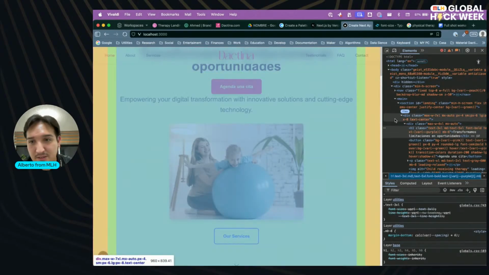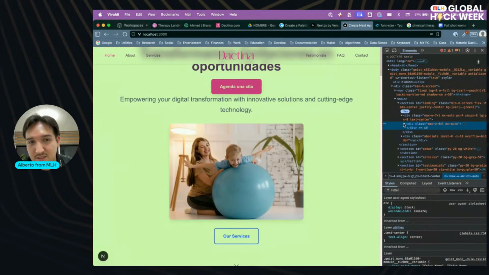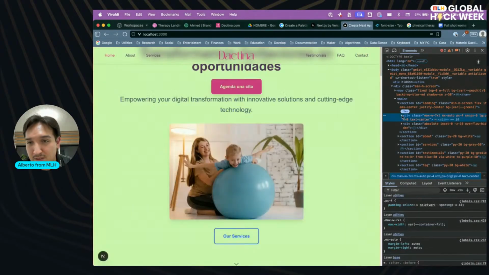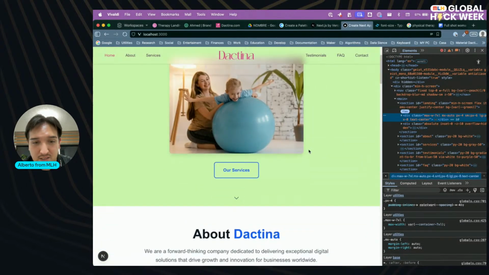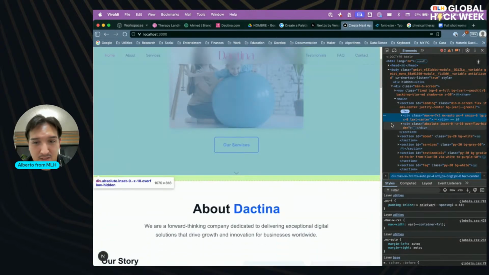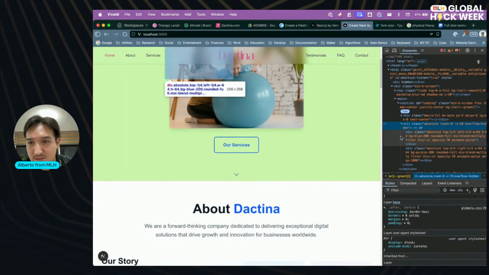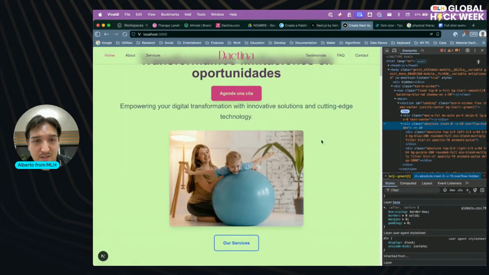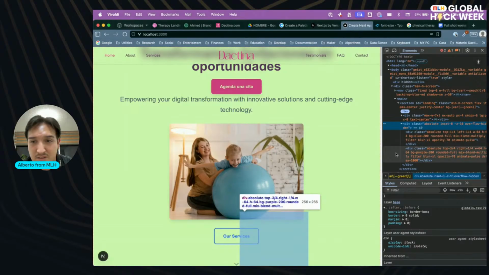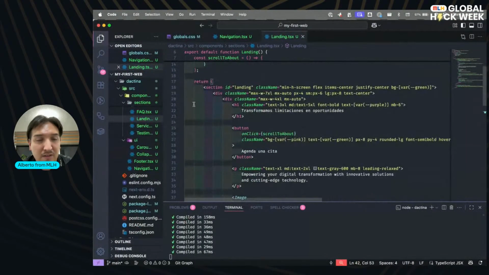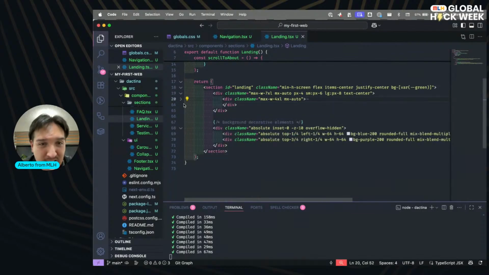So this is all inside just one big div. This and this one, right? What's inside this one? Okay, this is for the background decorative elements.